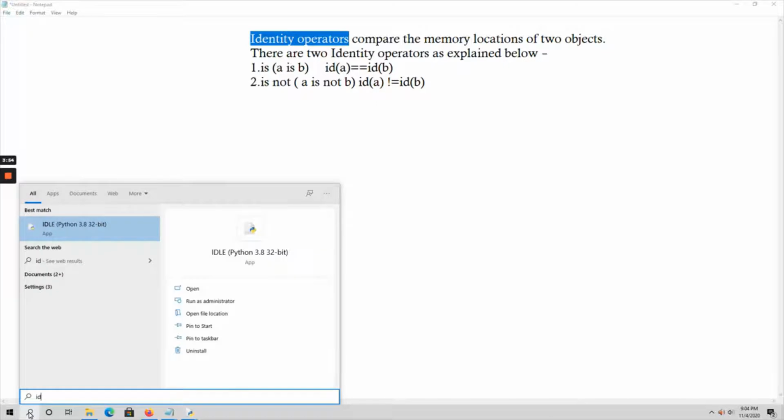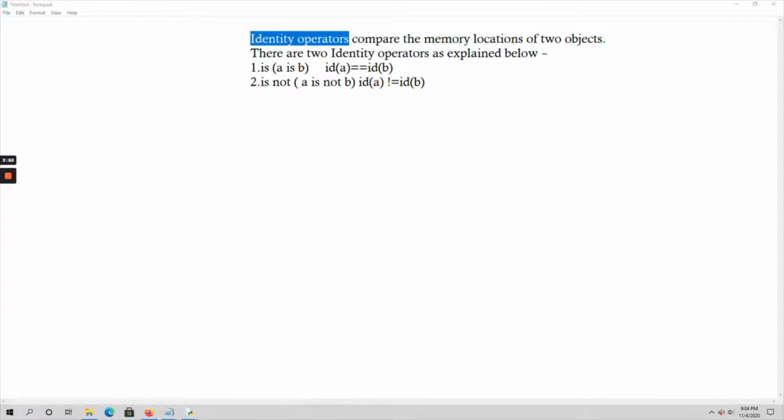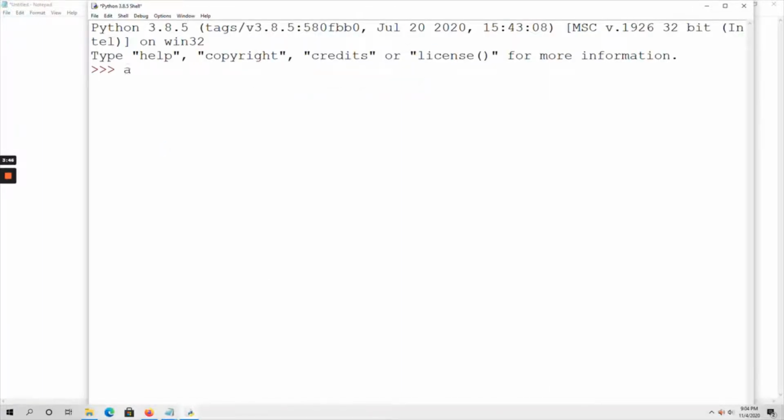So go to Python IDLE. See here, I am taking A equal to 10, B equal to 10.